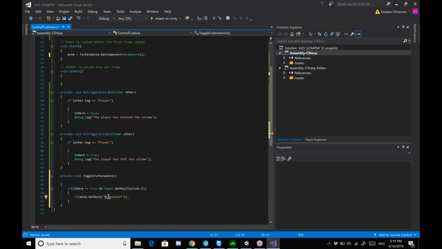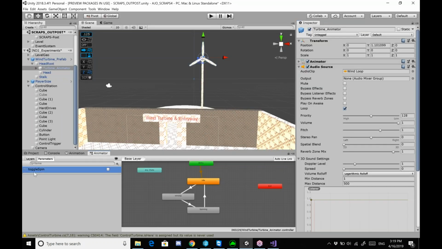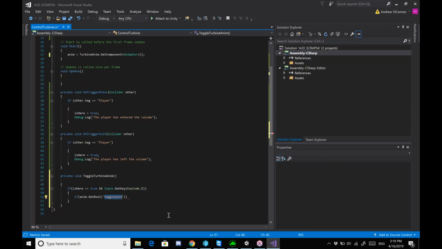Notice here how there's a lowercase t and a capital S. That has to match exactly here in Unity with a lowercase t and a capital S. So make sure when you're referencing those variables that it matches. So if the boolean equals false,